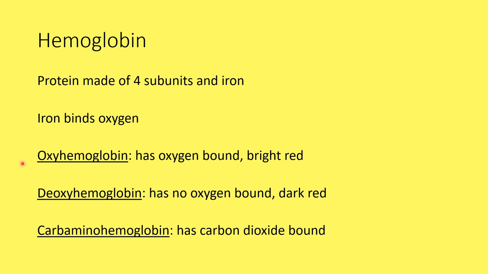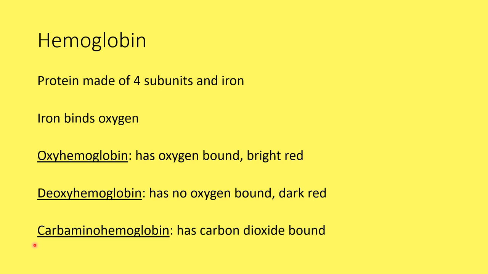Oxyhemoglobin just means that the hemoglobin has oxygen bound to it, and it's a very bright red color. Deoxyhemoglobin is when there is no oxygen bound, so it's a very darker red. And then when carbon dioxide is bound to it, because sometimes